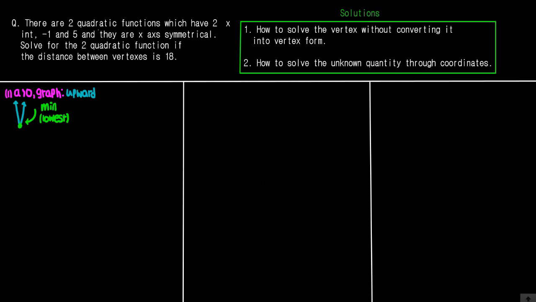Now let's think about the second case. Our second case is where the A value, our leading coefficient, is less than 0. Which means when our leading coefficient is a negative value, the graph of our quadratic function will open, or we can say go, downward. When the graph goes downward, for example, it will look something like this, that keeps going downward